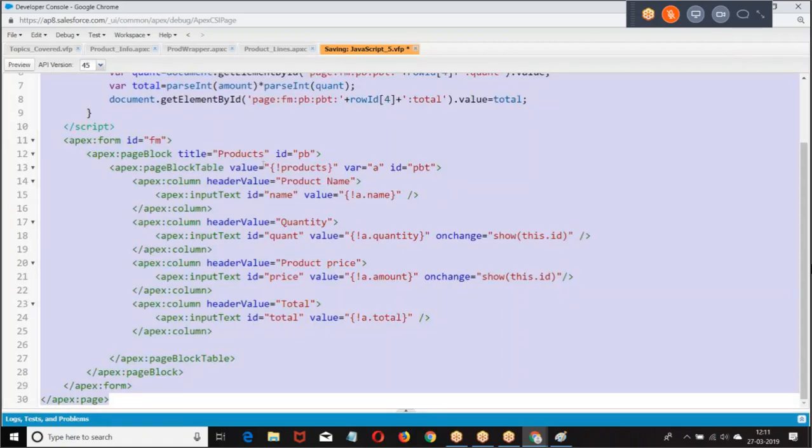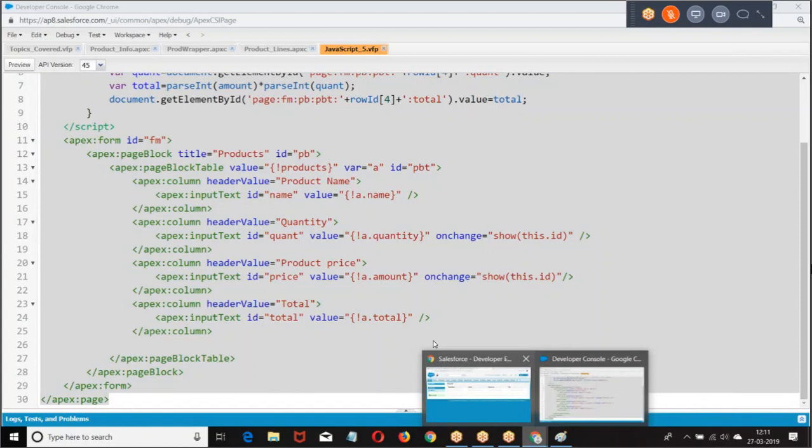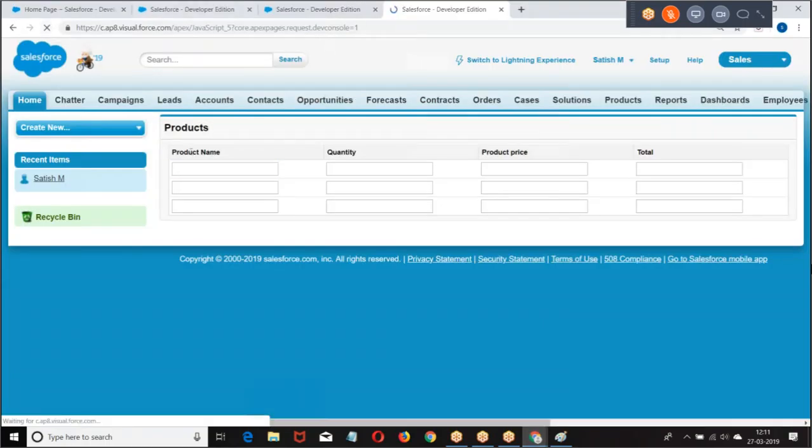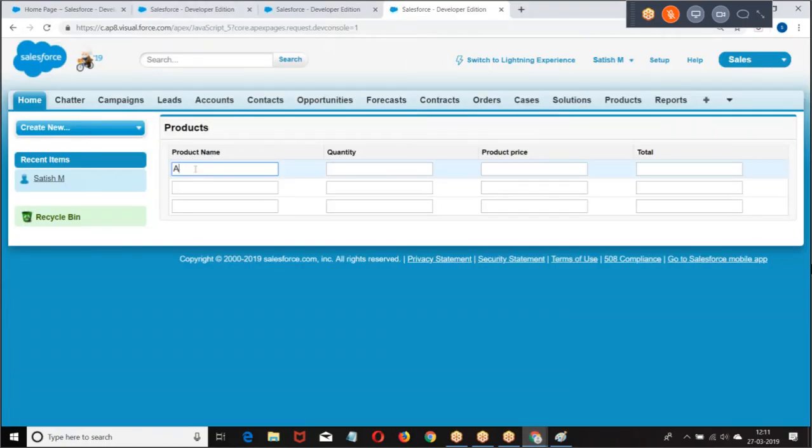Now come back to the execution part. Are you getting my point here? Was that clear?